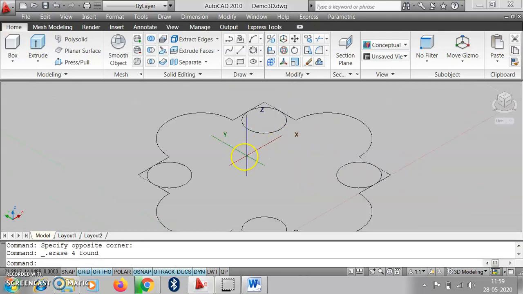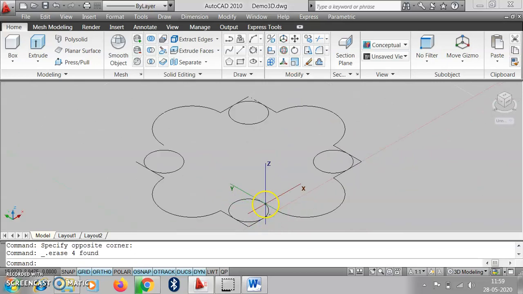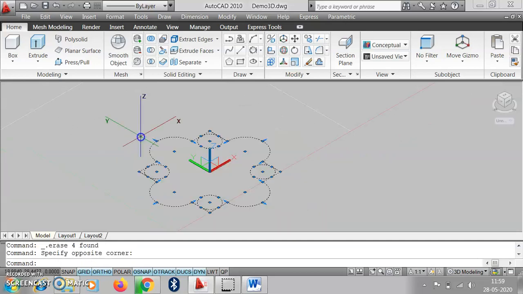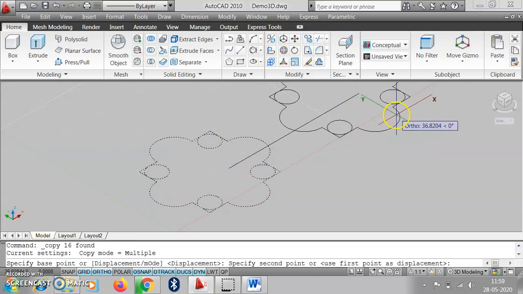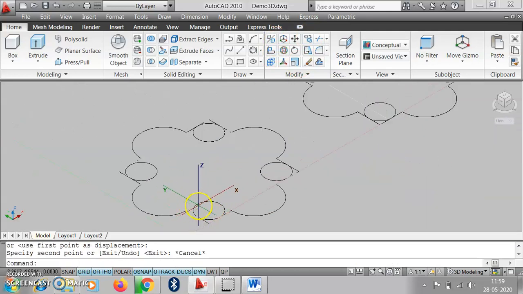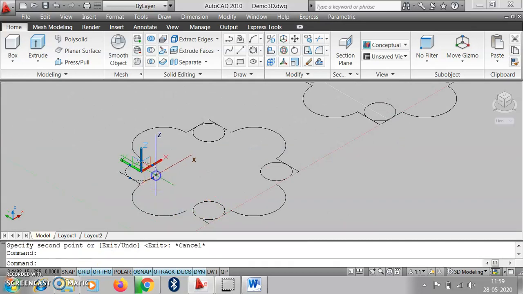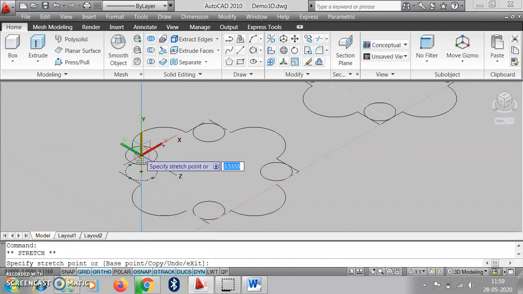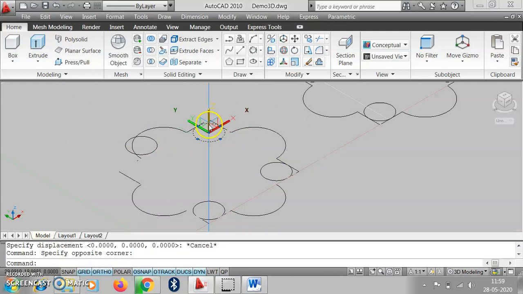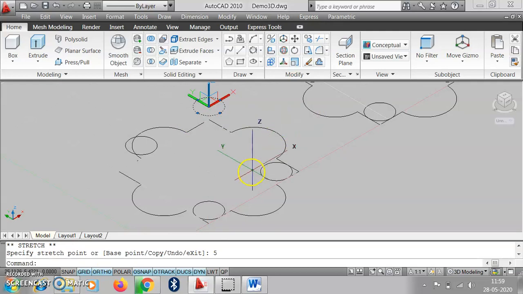If we have to draw some shape here, suppose one small temple, in that case we copy this one again and place it at one side here. Then these circles we shift towards the Z axis using the gizmo up to 5, enter. Same way this one up to 5, enter.